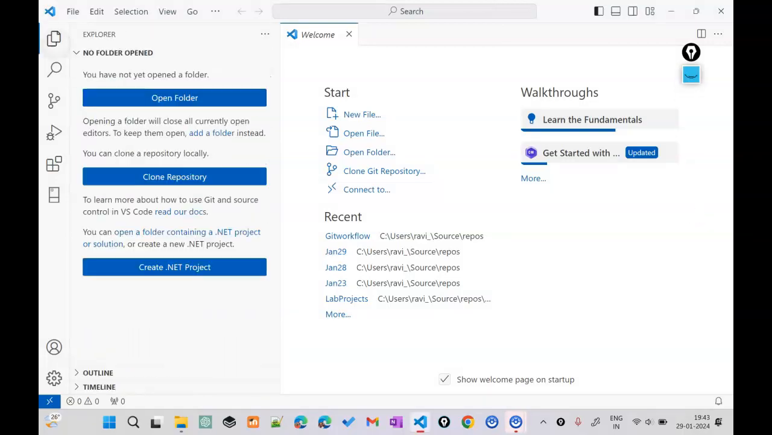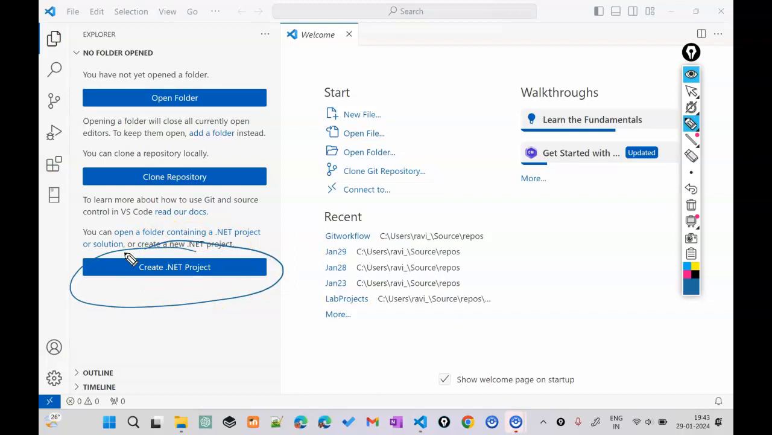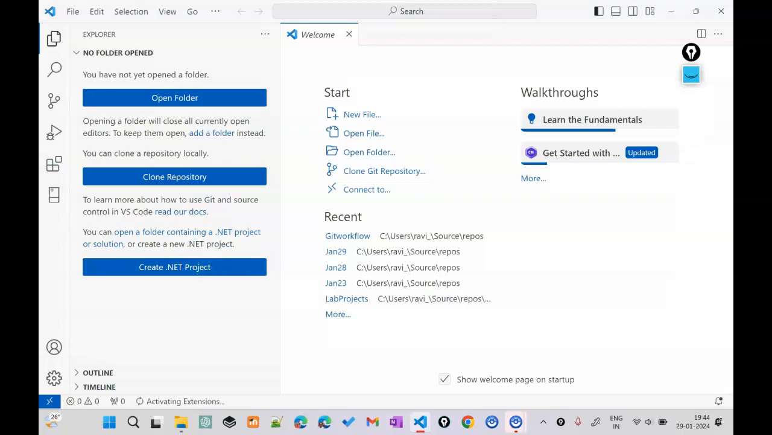Now, if I look at the normal Explorer of Visual Studio, since I have installed the C# Dev Kit, I now see an option for creating a .NET project here. So this makes it a lot easier. We don't have to use any commands. We can just go ahead and create it. So let's see how we can do that. So I will click on the Create .NET Project